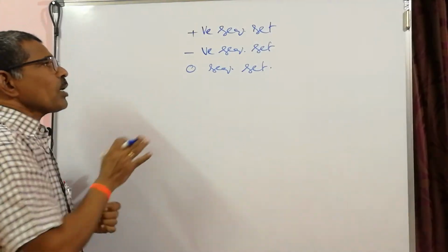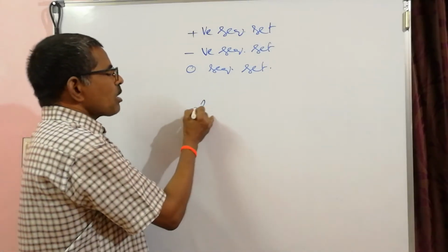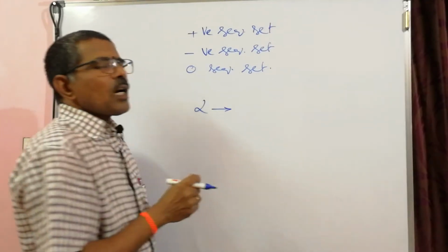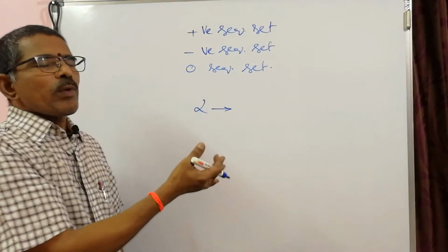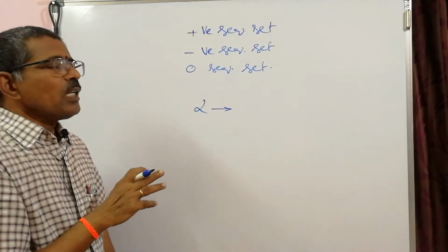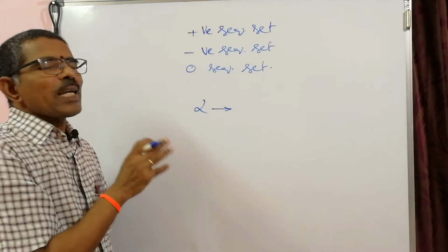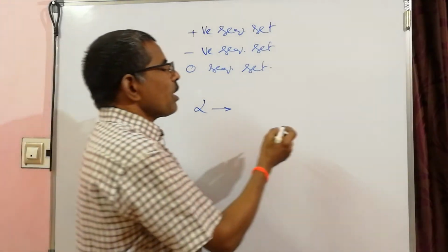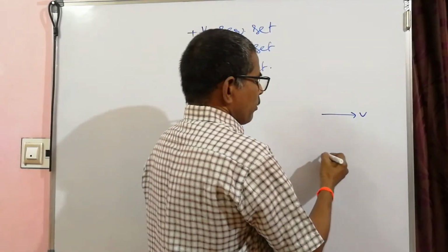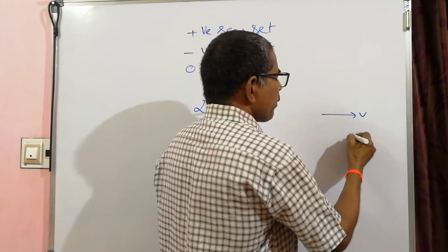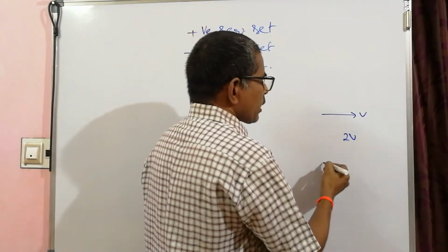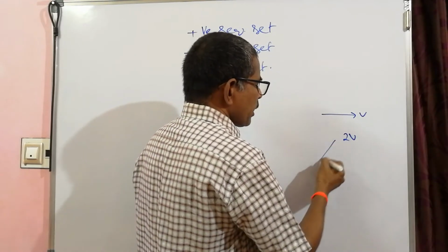So, what is the relation? Already I defined what is alpha. Alpha is a unit vector which, when multiplying any other vector, rotates that vector by 120 degrees in the counterclockwise direction. That is very, very important. So, alpha rotates any vector. Suppose it is some voltage V, if you want to take V multiplied by alpha, or alpha V, what it does is rotate this vector by 120 degrees.